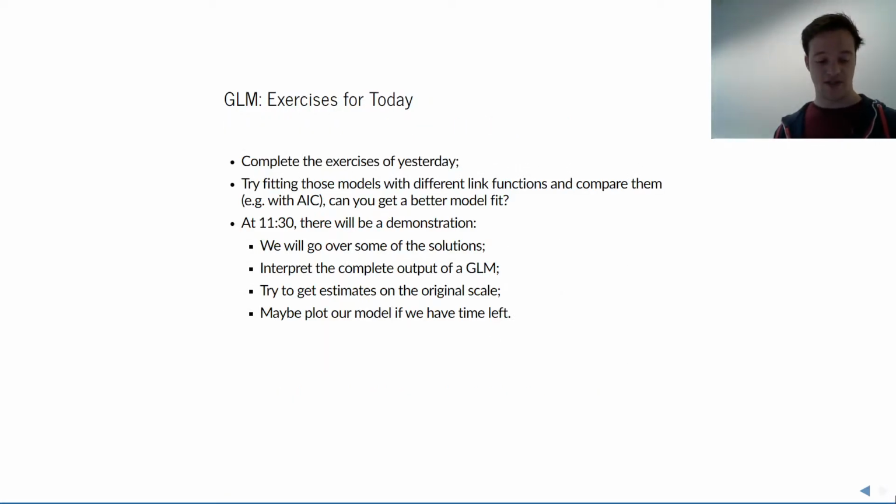So that brings me already to the exercise of today, which is to keep working on the exercise of yesterday and the day before, if you haven't finished those yet. Then we're going to try to fit the models that you had yesterday using different link functions, and see if it makes any difference, if you get different estimates, if you get different p-values, and if you get a different AIC value. And then at 11:30, so we have about 2 hours to do that, we will have the second